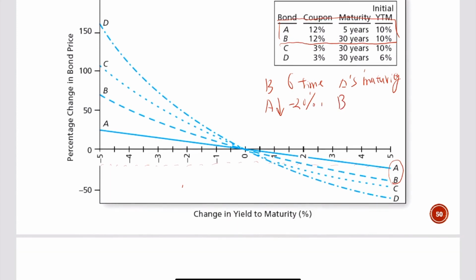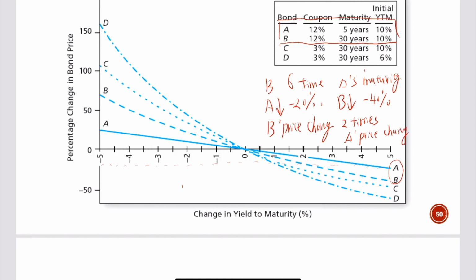And for B, it decreased by, I guess it's minus 40%. So you can see that B's price change is about 2 times A's price change,